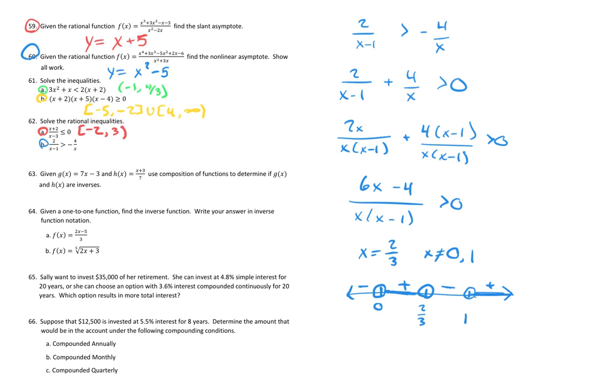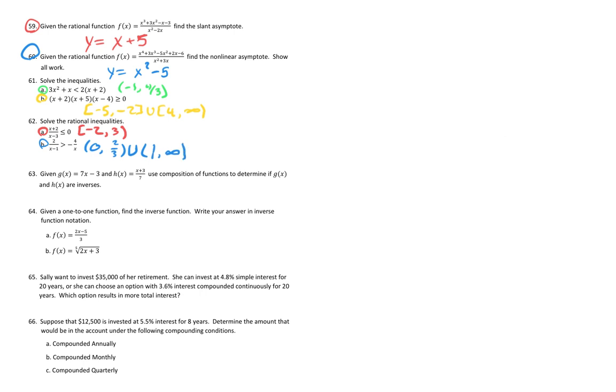So next, I just need to write this in interval notation. I say we go 0 to 2/3, and I'm going to use parentheses because it's not included, then union 1 to infinity. I'm also going to use parentheses. And then that's it. Okay, 63, given g of x equals 7x minus 3, h of x equals x plus